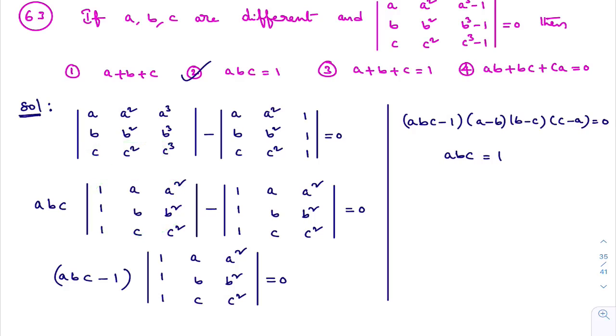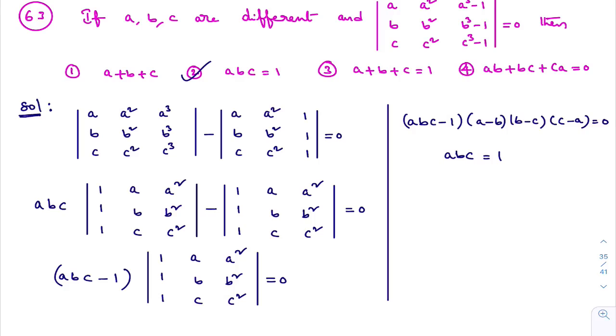In this, I'll interchange these two columns and again interchange two columns to get this determinant. So here I am interchanging this column and this column, and later again this column and this column, to get this determinant. Now you see, both determinants are the same, so I can take this determinant common. From this part you will get abc, from this part you will get 1. So abc minus 1 equal to 0. I hope you are understanding.